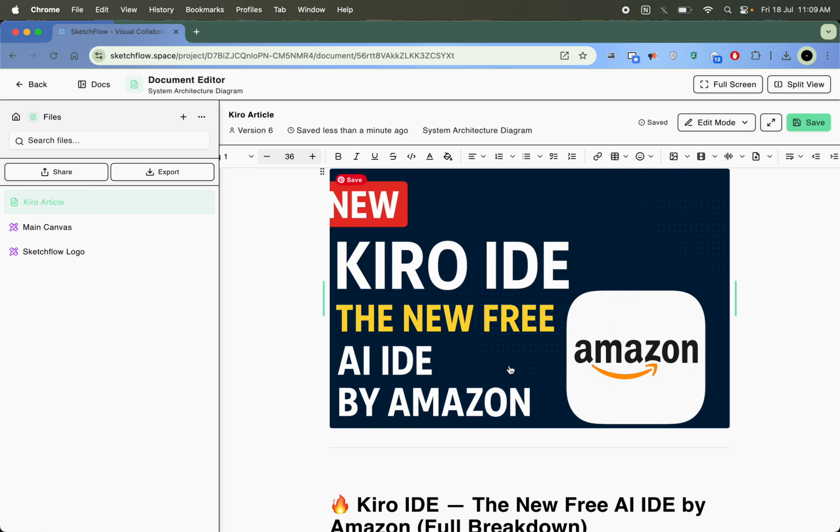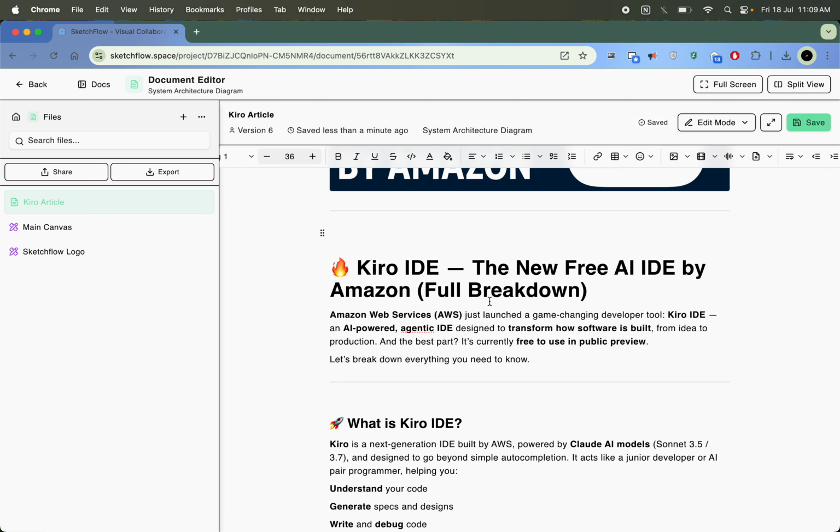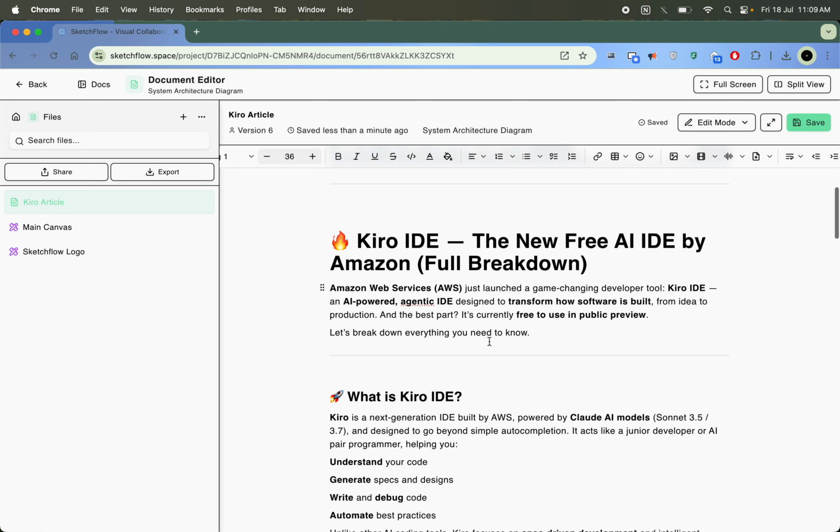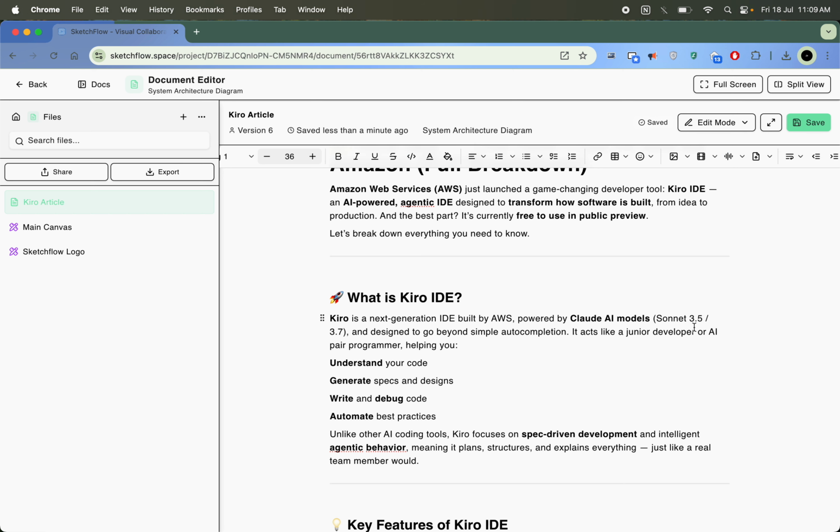In this video I'll show you this new IDE by Amazon AWS, that is Kiro IDE, and for the preview it's free now and I want you to use this at its whole potential. It's not 3.5, it's 3.7 and 4,